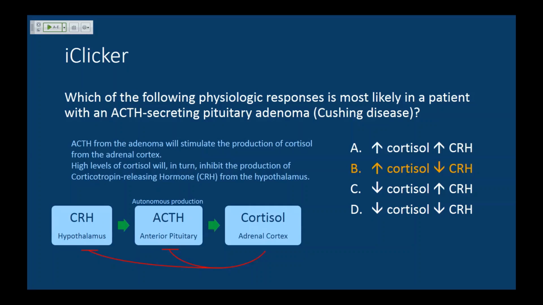Okay, normally an inhibition of corticotropin releasing hormone prevents the release of ACTH, but in this particular disease there's autonomous production from this tumor that is responsible for the disease. Okay, and there are tons of these diseases that you'll learn in medical school, but one of the main things about this is if a patient has certain symptoms that are related to an increase in cortisol, if you get enough tests you should be able to localize where the problem is. So you can say, with the proper test, is the problem in autonomous production of cortisol? Is the problem in autonomous production of ACTH, or even higher in CRH?